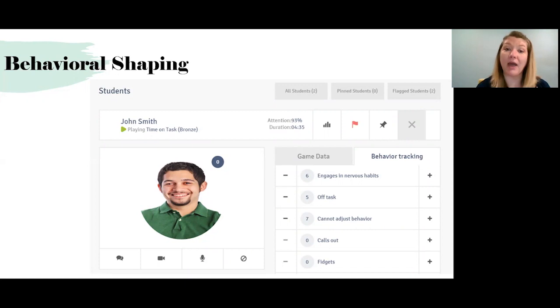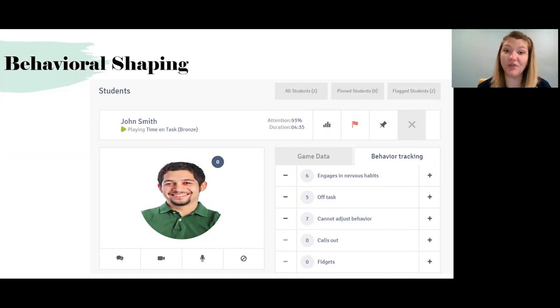But in addition to that body wave armband, in addition to those cognitive training exercises they're going to be doing, we also have a behavioral shaping program, and this is if they have any self-distracting behaviors that are preventing them from paying attention. We know there's a one-to-one correlation of when they are having that behavior, when they're doing those fidgets or calling out or humming, that they're not able to fully focus and pay attention. And so we're able to track those behaviors while we watch them.